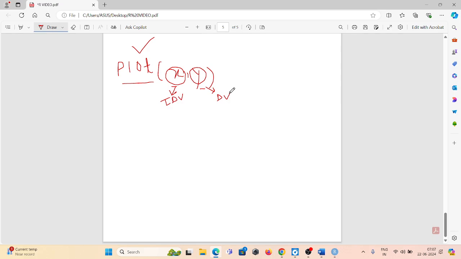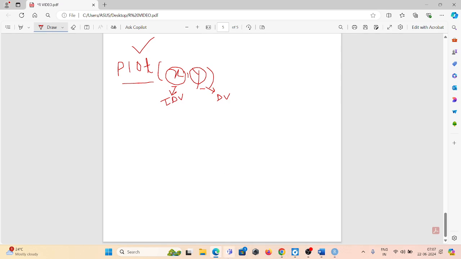The variable that we can manipulate is called the independent variable, and the variable that we cannot manipulate, the variable that takes the result of the independent variable, is called the dependent variable, right? So suppose I want to plot a graph or chart using the variables of the cars data set. The variable written before the comma is called the independent variable. The variable written after the comma is called the dependent variable, right? And the plot function is used to plot the scatter plot.